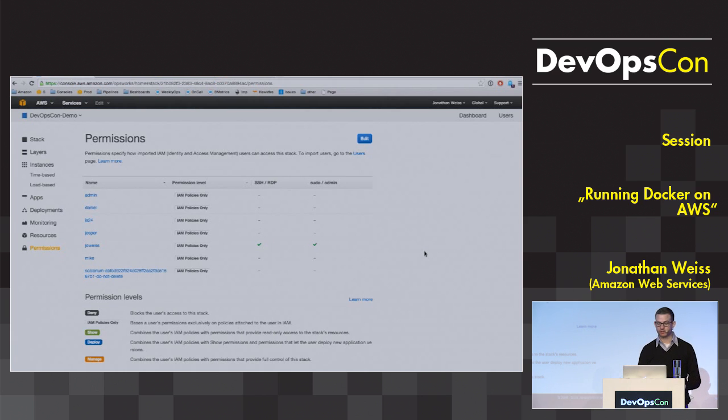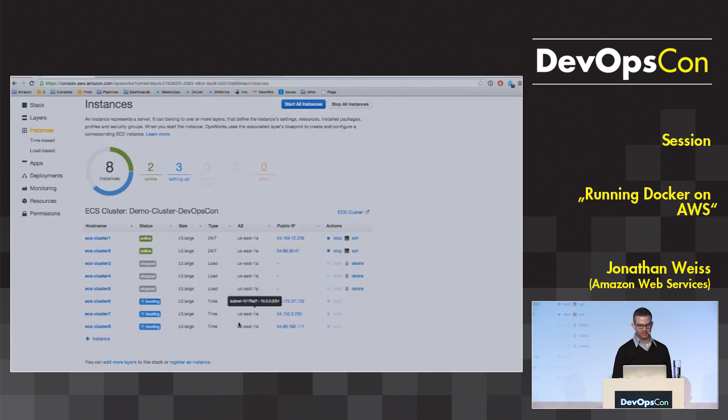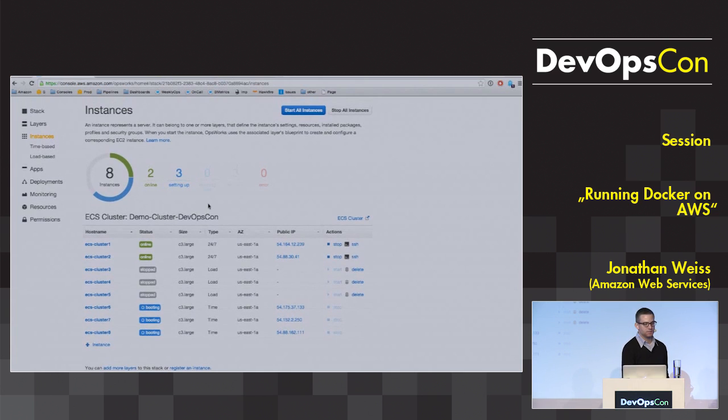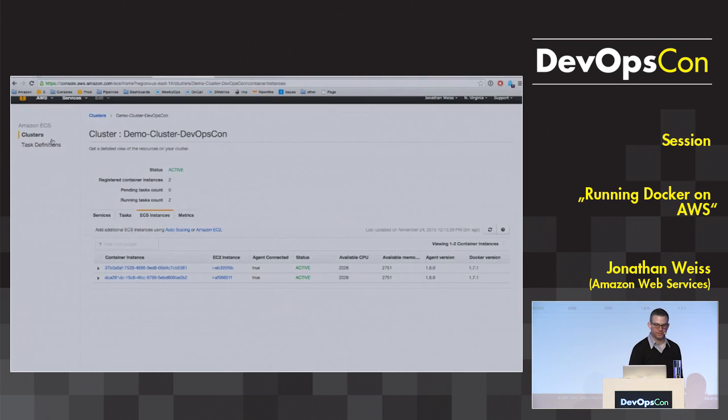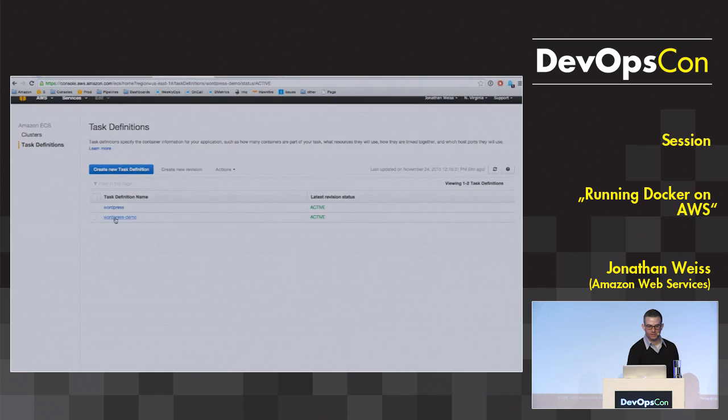So this is how you can then grant access to it, right? And you can see here the instances are coming up. As soon as they are available, they will again register with the ECS cluster and deploy the task definitions that we defined. And if you have now at some point a new version of your